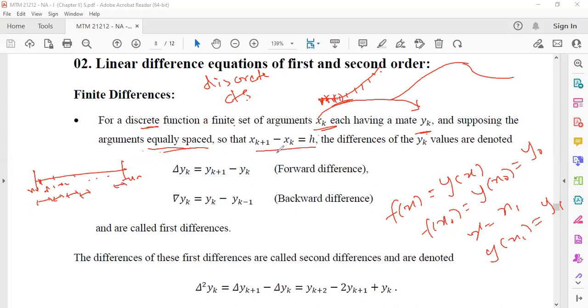That space we are taking as h. Let's say this will be x2, and let's say k is equal to 2. So what is the difference? h is equal to this difference, so x2 minus